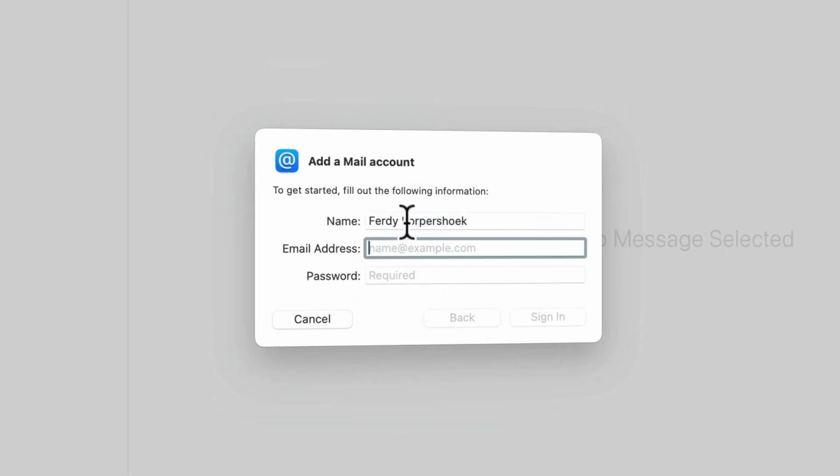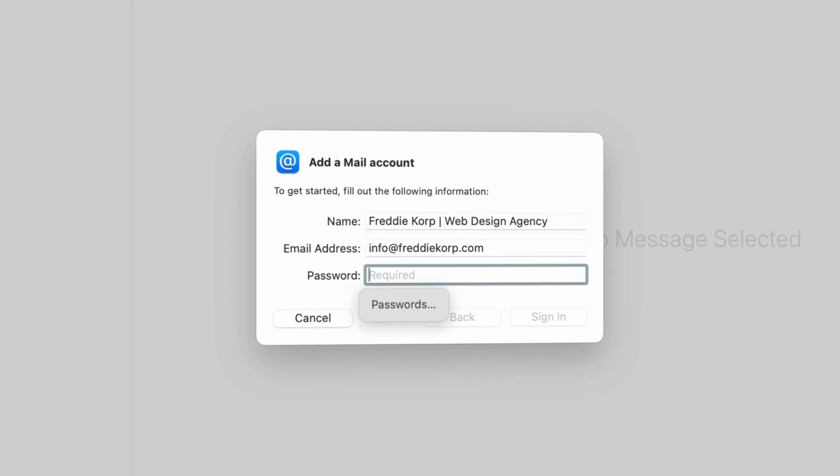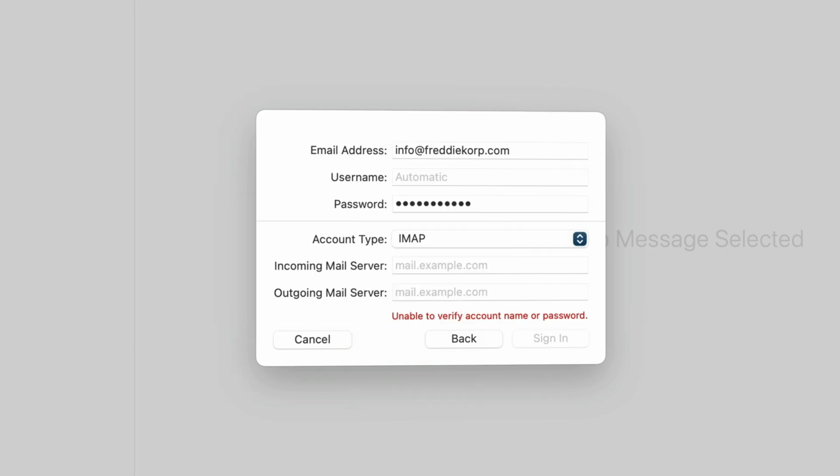I want to fill in my name, which in my case is Freddy Corp. And then I can say after that, web design agency. My email address is this one, of course, and I need to fill in the password I created when I created this account. Then I need to copy my email address, paste it over here. I want to use the IMAP type.